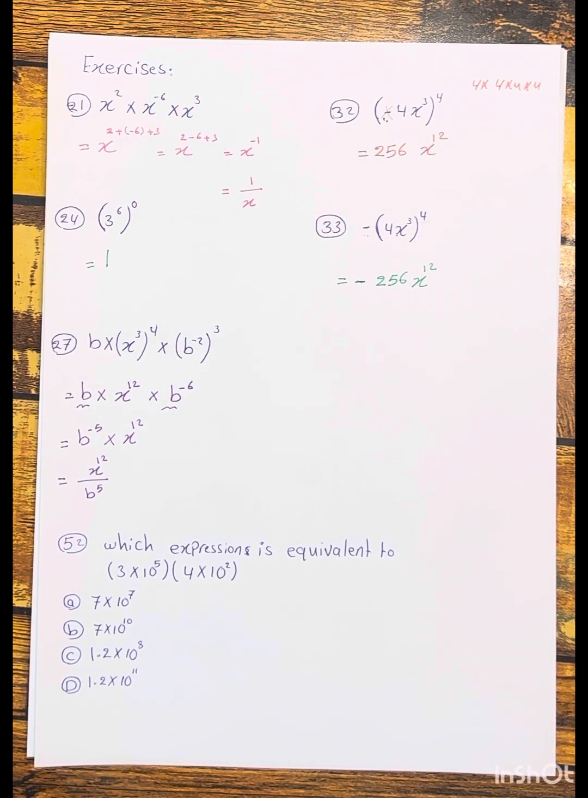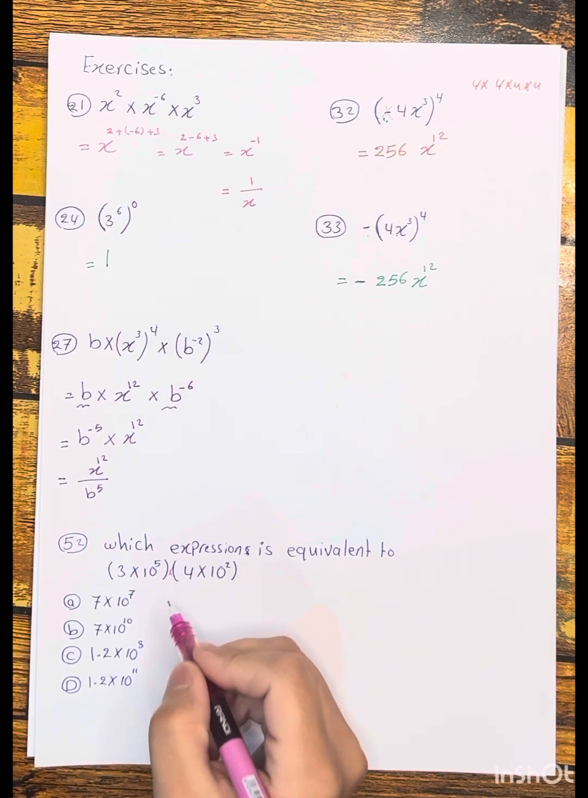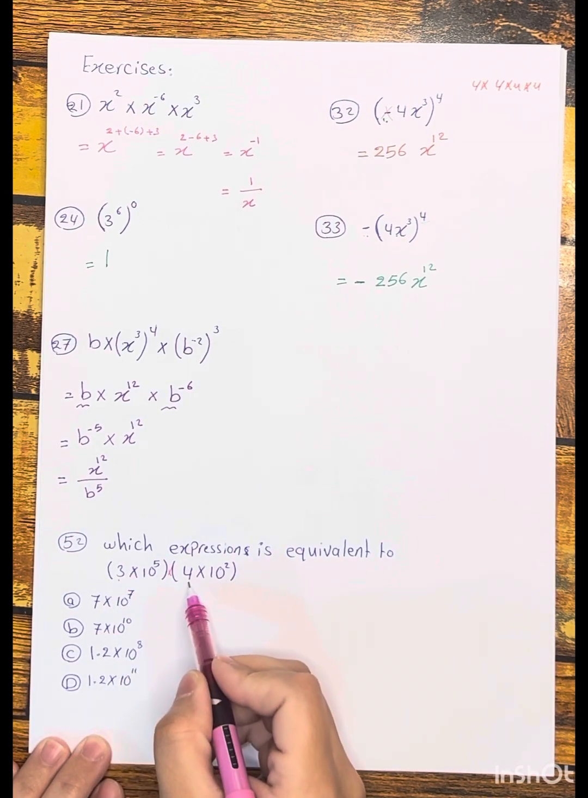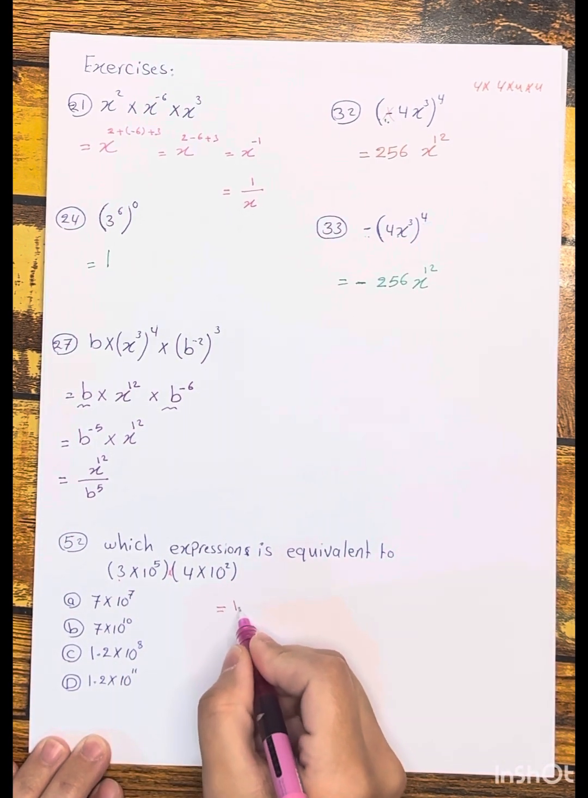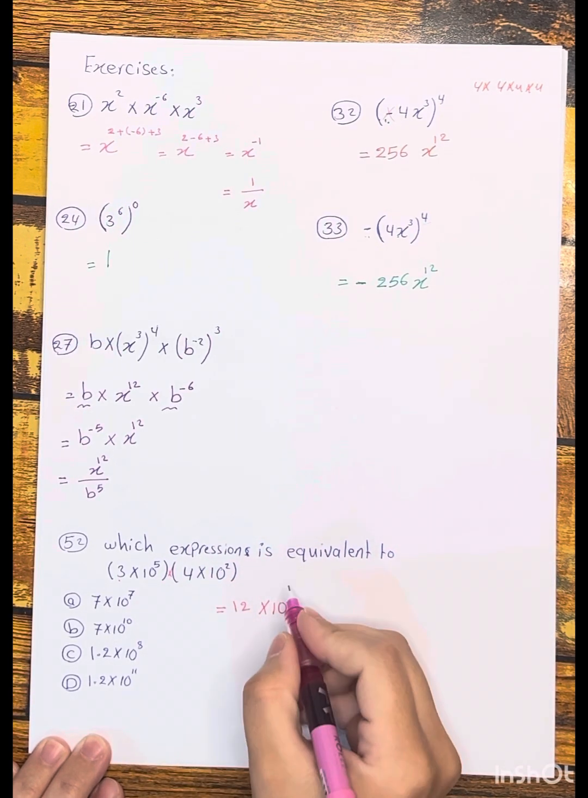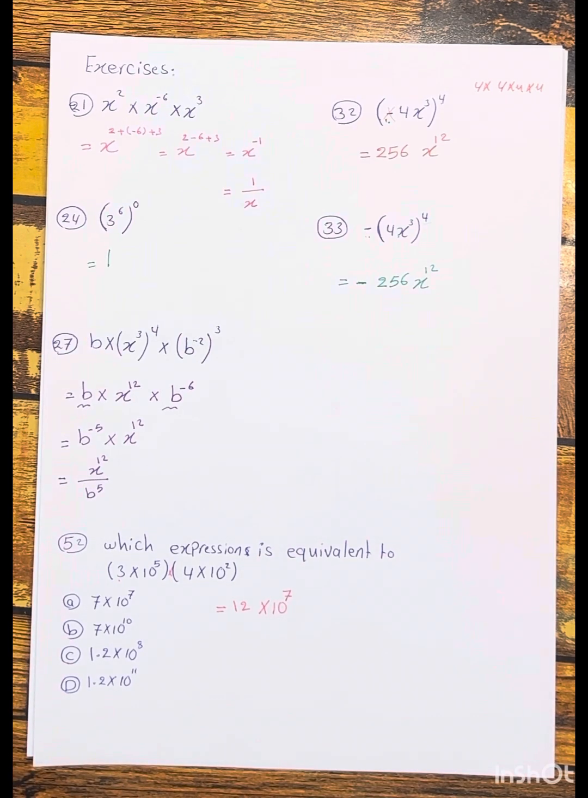There is a multiple choice question. Which expression is equivalent to 3 times 10 power of 5? The second bracket, 4 times 10 to the power of 2. As you know, there is multiply between that two brackets, so we need to multiply number by number, and power of 10 times power of 10. 3 times 4 will be 12 times 10 power of 5 plus 2 will be 7. As you see, there is no result in multiple choice. We need to write this